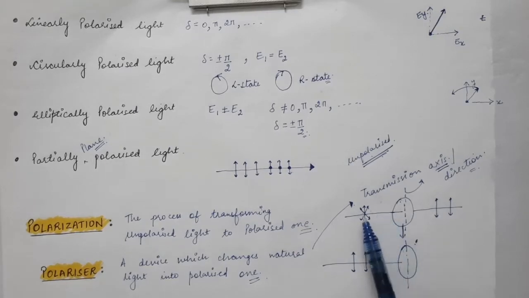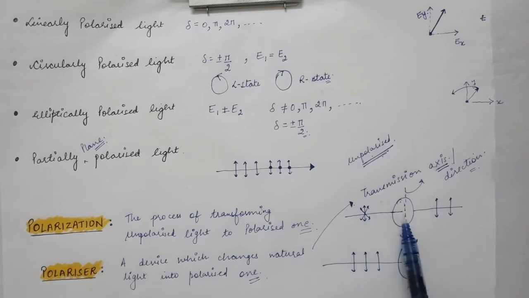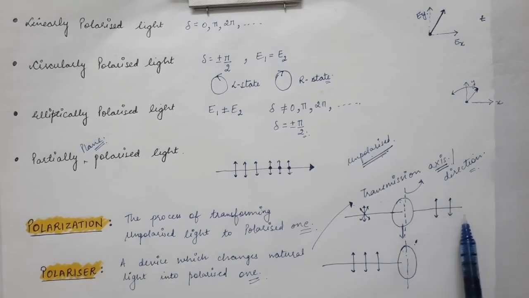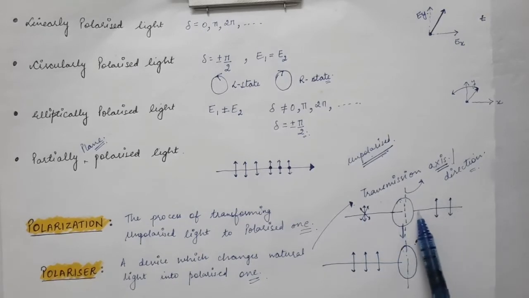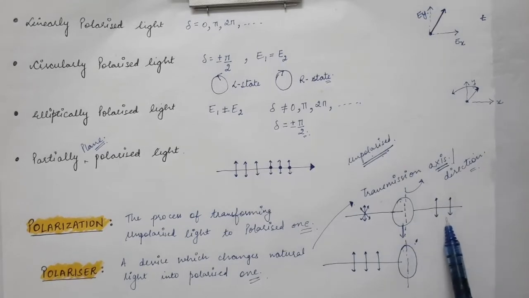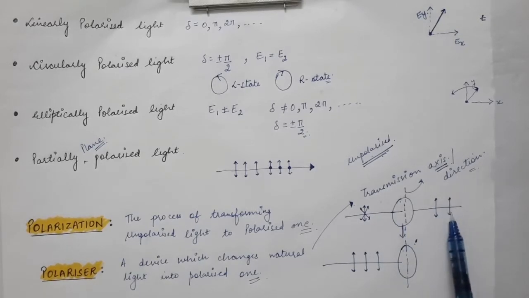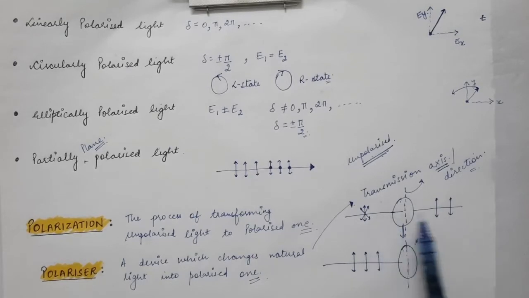As you can see, in the first case we have unpolarized light. Unpolarized light has vibrations of the electric field in all the directions, but as you pass it through the polarizer, only one component of the electric field passes through, due to which the intensity will decrease. The intensity of the outcoming wave will decrease, obviously, because the incident wave has vibrations of electric field in all directions, but over here the electric field that we get has vibrations in a single plane. So therefore the intensity obviously will decrease in this process.